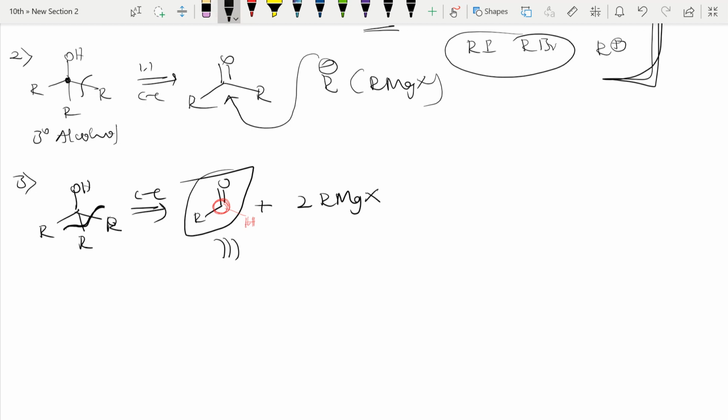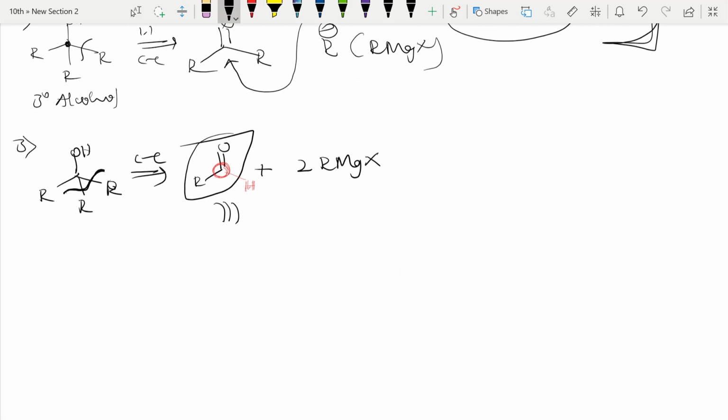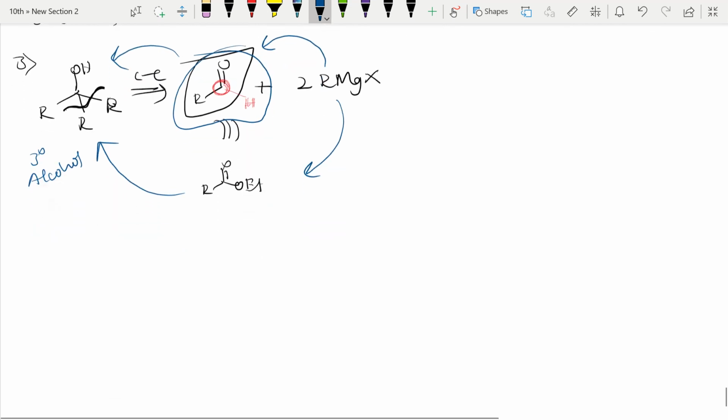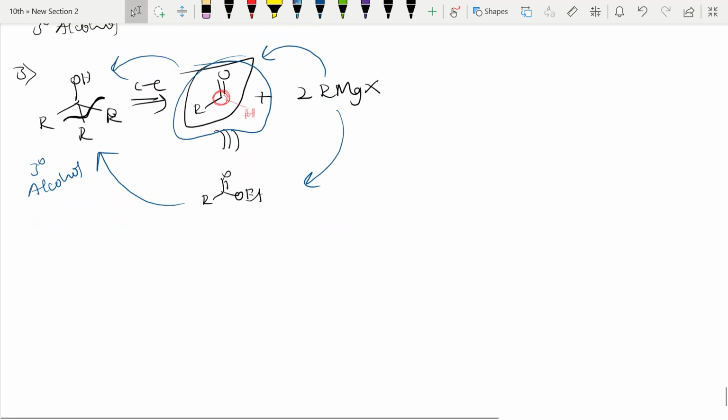So what we do, instead of taking this aldehyde, we take this ester, so OEt. See here, if you write the reaction back with this Grignard reagent, 2 molecules with this ester, we'll get only the tertiary alcohol. You can react with this aldehyde also, we will get this tertiary alcohol. But the problem with aldehyde is that it may not be stable in the reaction, because aldehydes are more reactive. It can react and form some other compound, right?